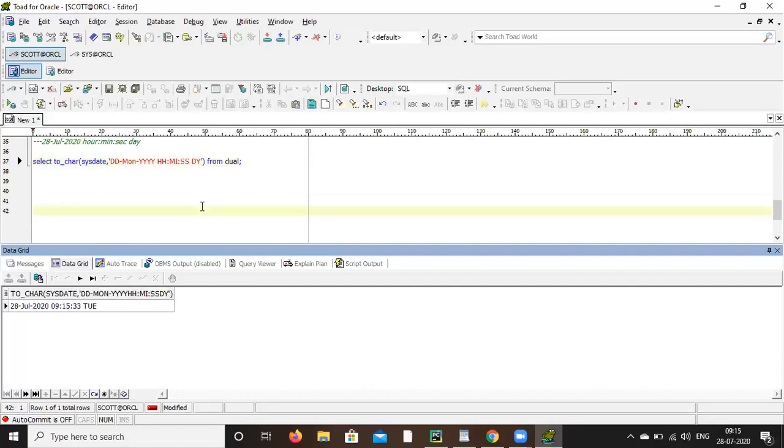Okay. So in your requirement, whatever format they want, you just have to put it here one by one. That's it. If they want hyphen in between, or space, or this format, that format, you just have to mention it here. I have told you one by one, so you can combine everything in one. That's it. Okay.